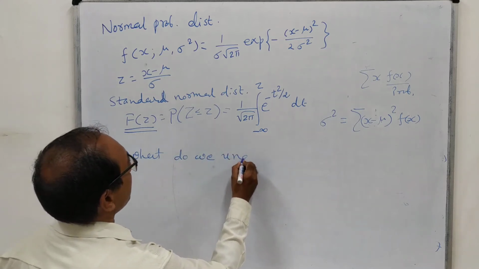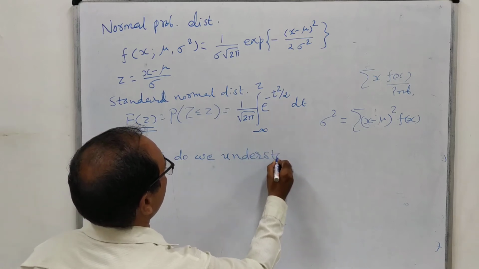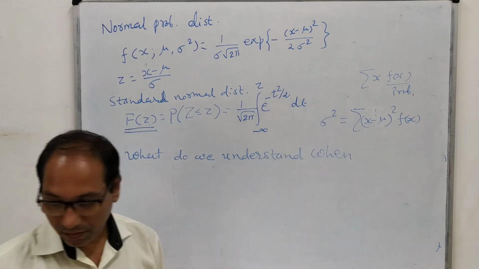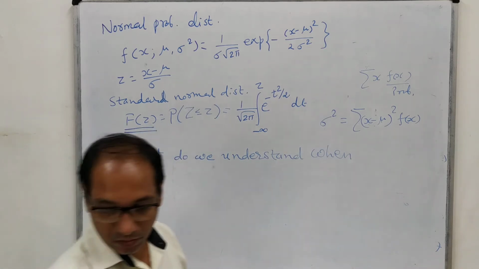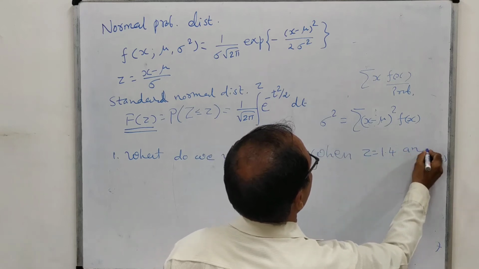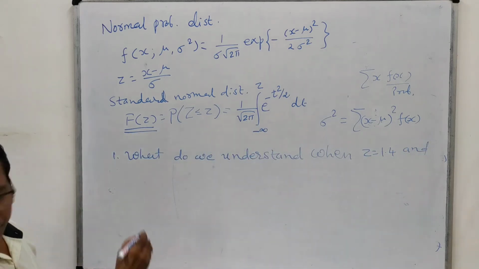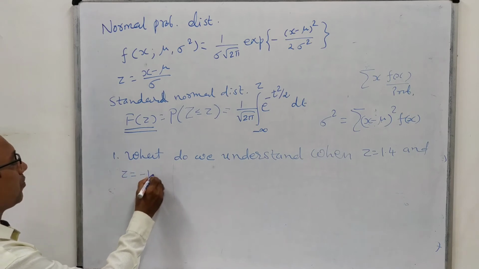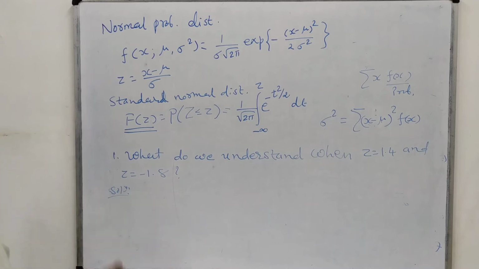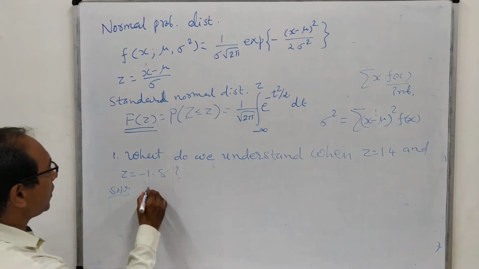We understand when z equal to 1.4 and z equal to minus 1.8. So in its solution, it is very easy, because we know that